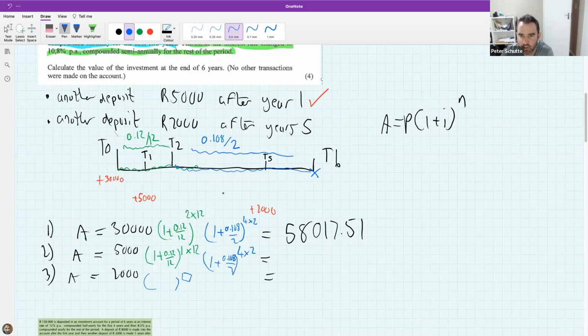Aha, Kirsten, good question. Okay, can you see that the 2,000 only arrives on the scene in year 5? That's going to be my tip. So it only has to go through the blue journey. And in fact, it only has to go for 1 year. So see if that can help you, Kirsten, while I work out what the second deposit ends up being, because I need to do some calculator work here.